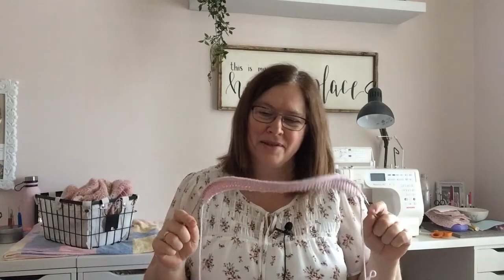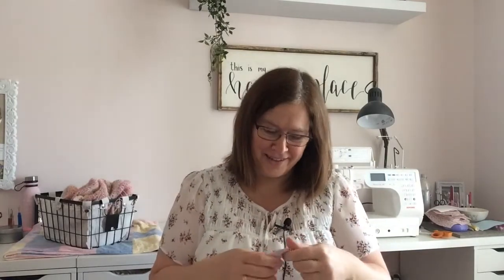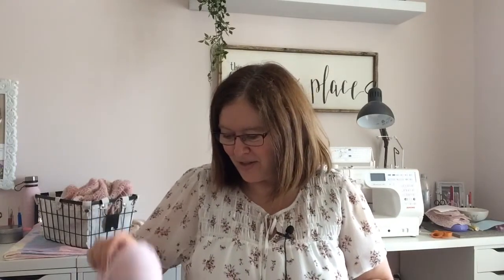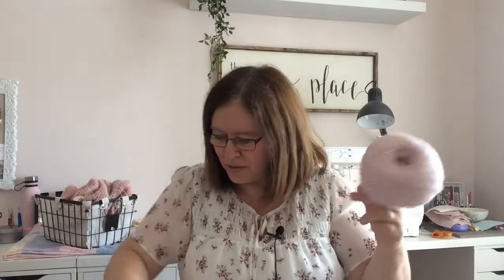So I was on a Zoom call this morning, so I thought that was probably not the best time to try to learn the dandelion stitch when I'm talking. So I put this aside for a bit, and I will get to it this evening and figure out how to do that dandelion stitch. So the yarn I'm using for that is Cascade 220